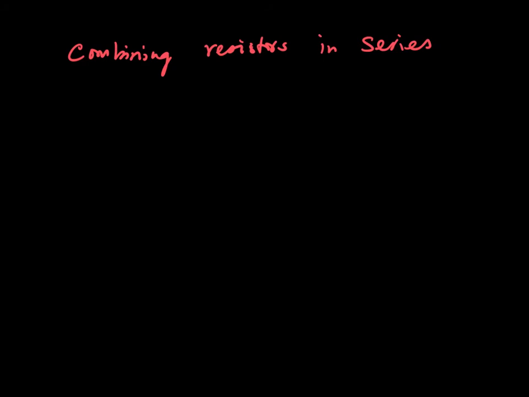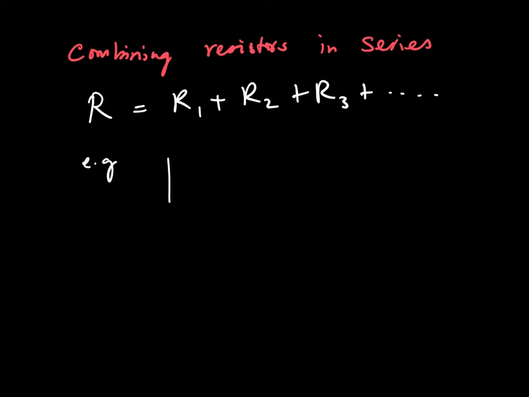So the formula for combining resistors in series is R equals R1 plus R2 plus R3, up to any number of the resistors in the circuit. So for instance, given a circuit with 3 resistors connected in series,